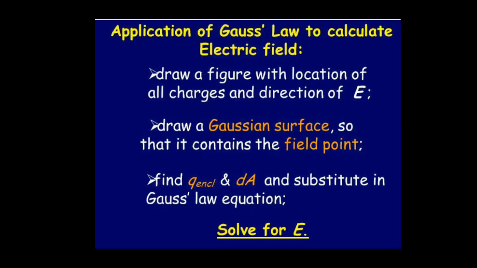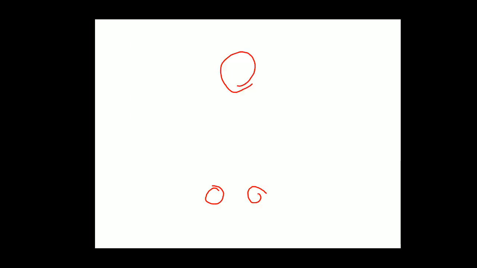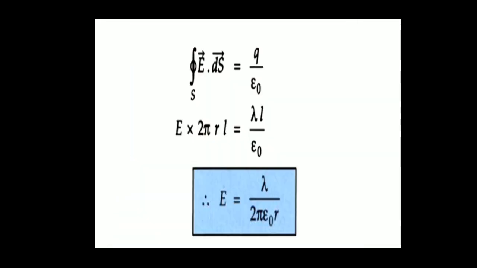So in today's class, we studied only one derivation: the expression for electric field due to an infinitely long wire that carries charge. Children, one more thing I want to say. If the charge is positive, the electric field acts radially outward. Suppose the charge is negative, the electric field will act inward. Are you clear? So the formula is E equal to lambda by 2 pi epsilon naught r into the unit vector, as given.